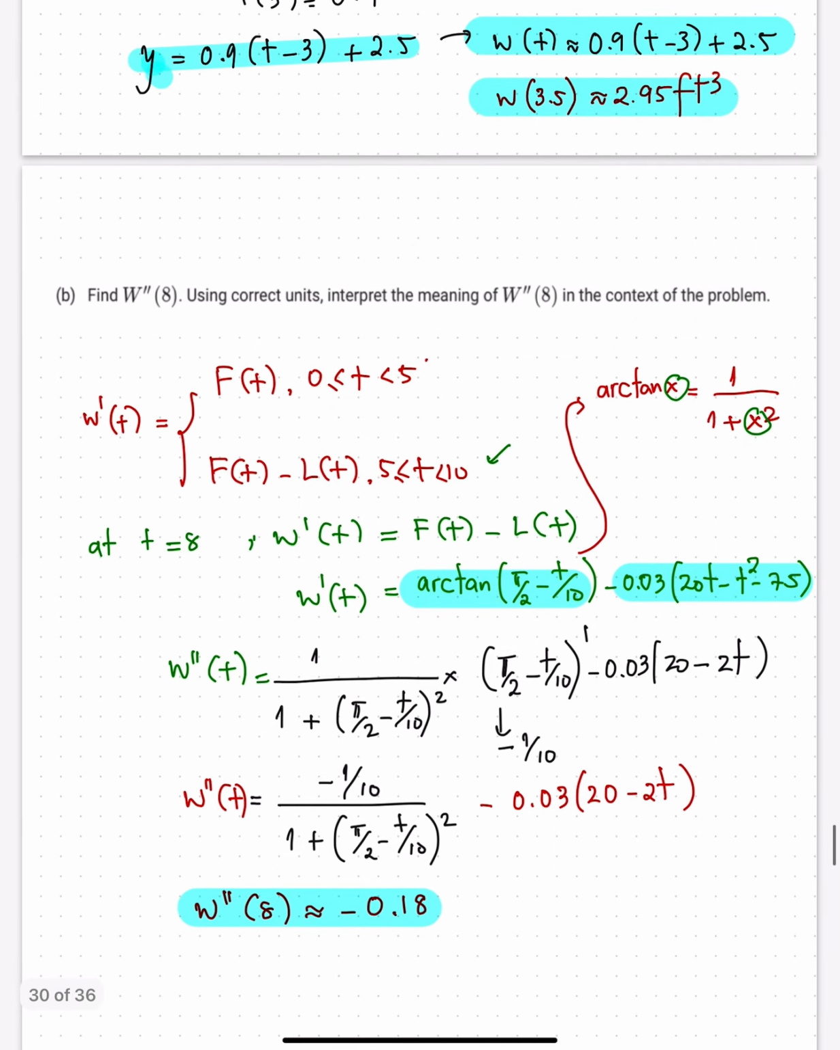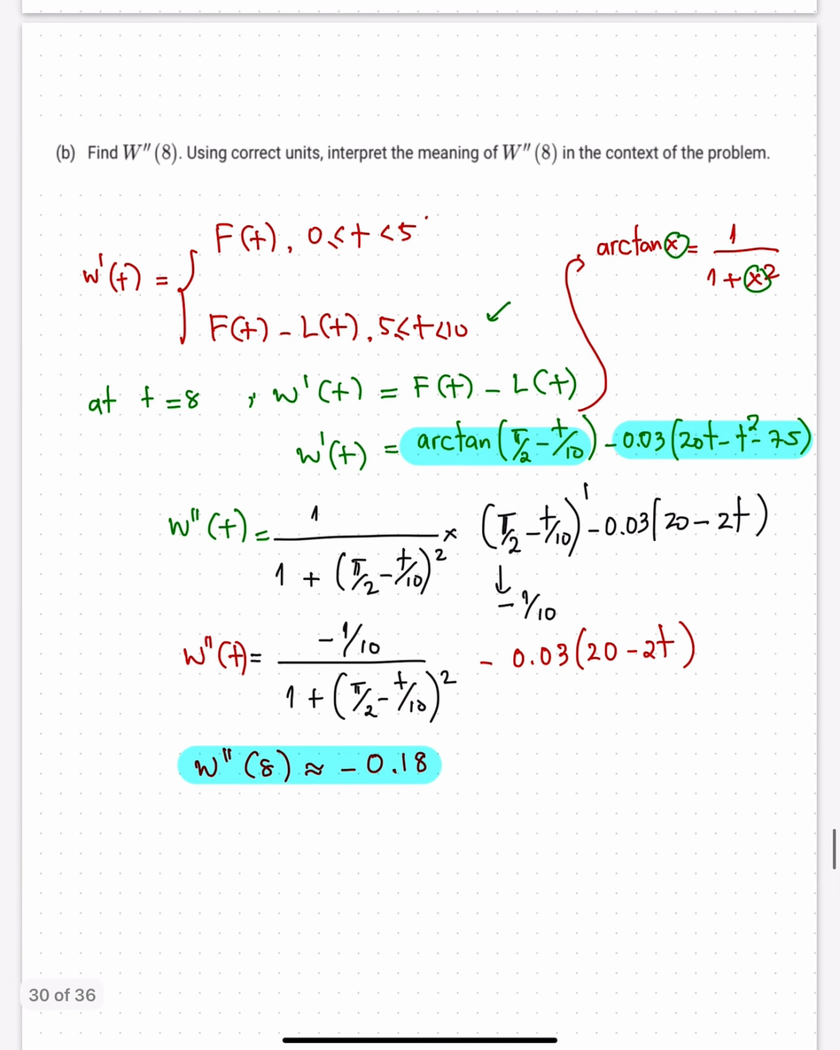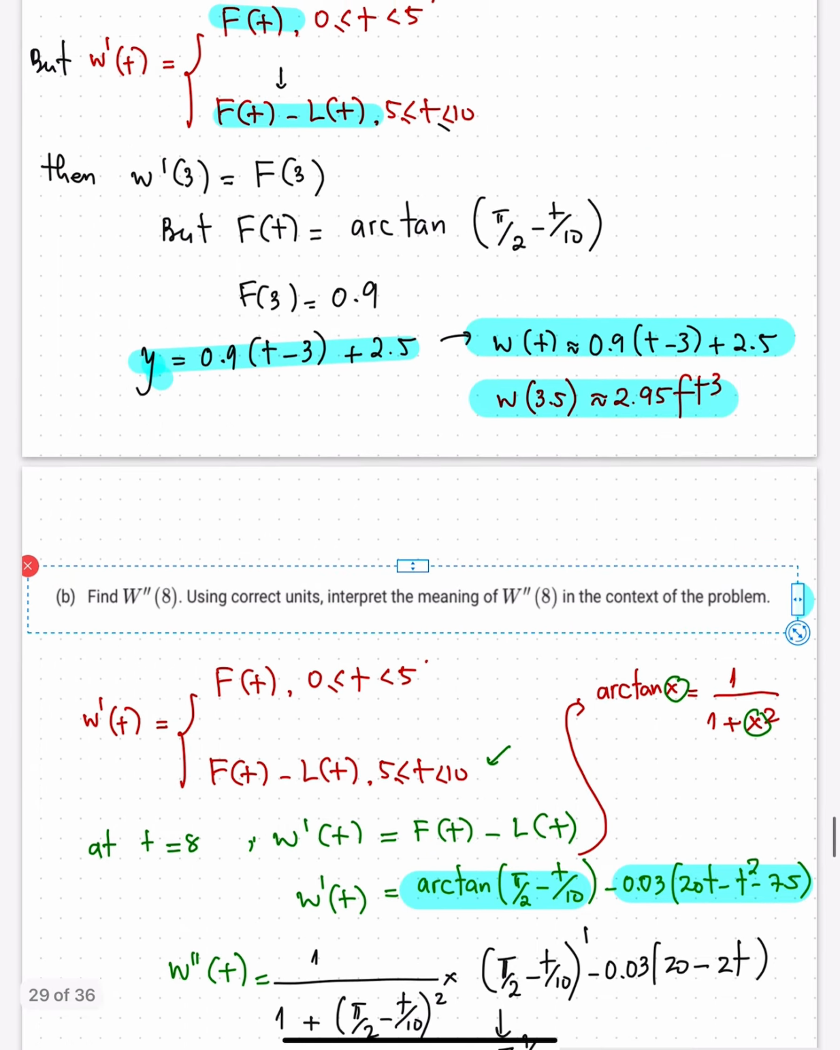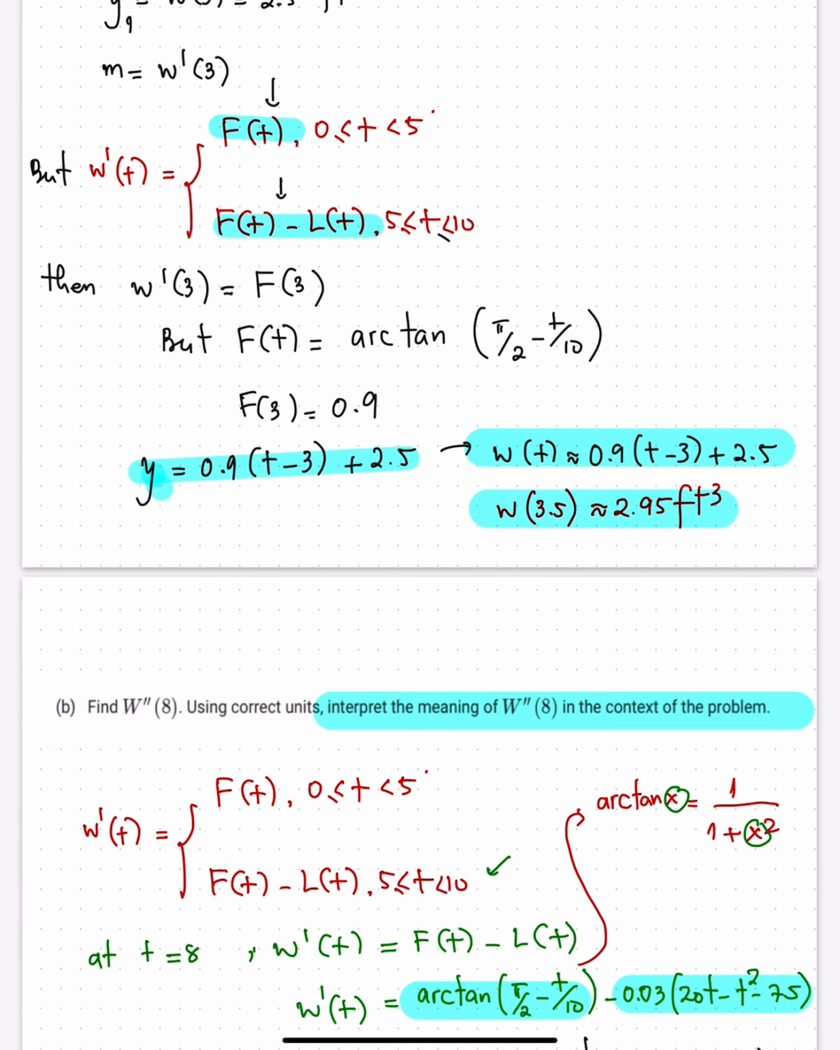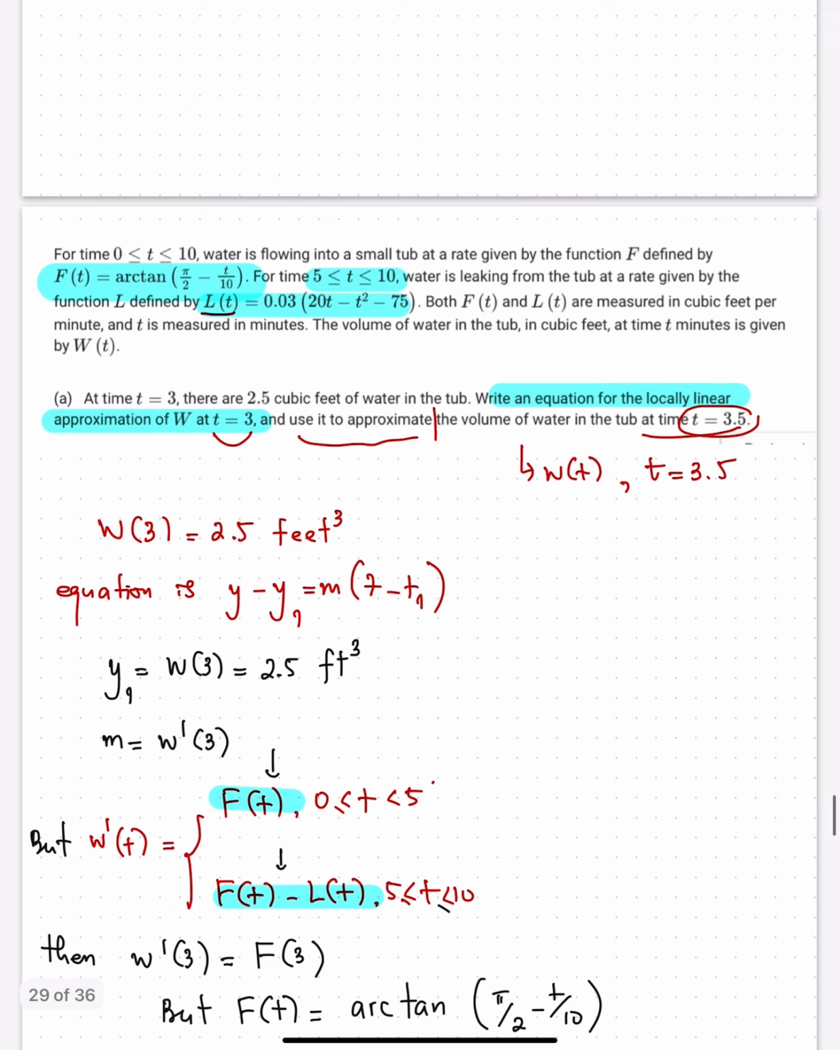So here we found that, using the correct unit, and interpret the meaning in the context of the problem. So in the context of the problem, what is that? The problem is talking about the rates, right? They told us about the rates of the water that flow into the tube, and then we got w prime of t,